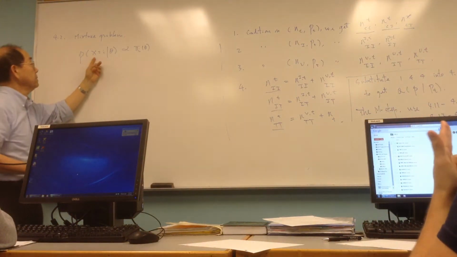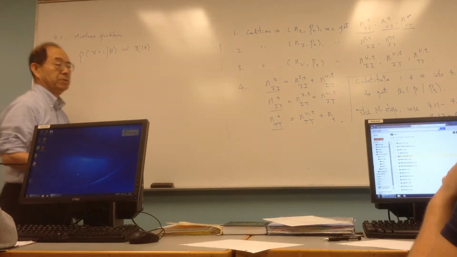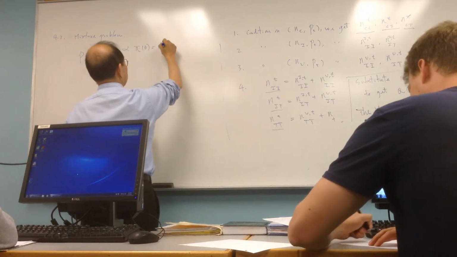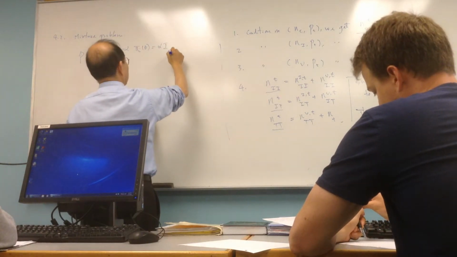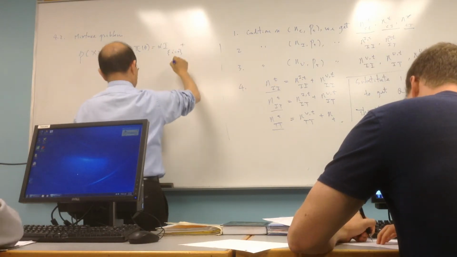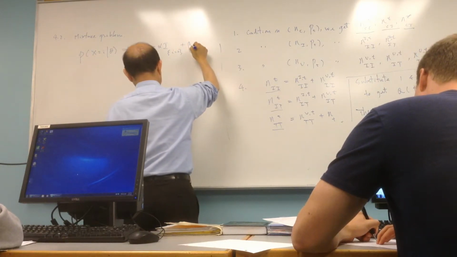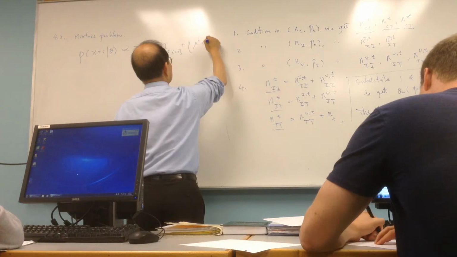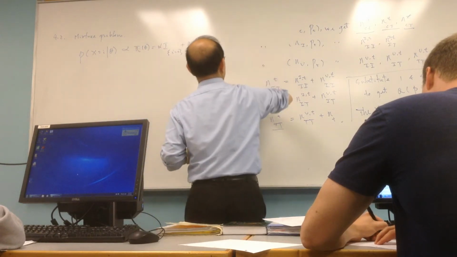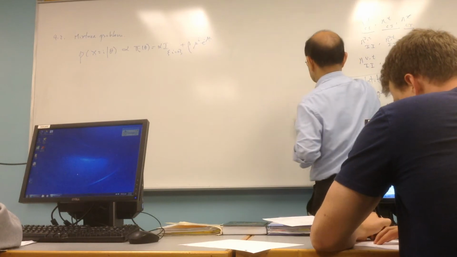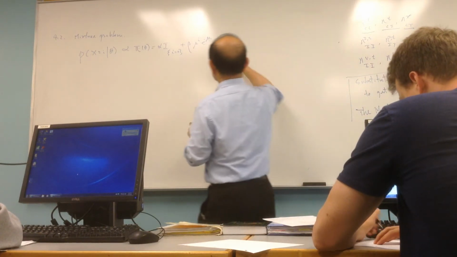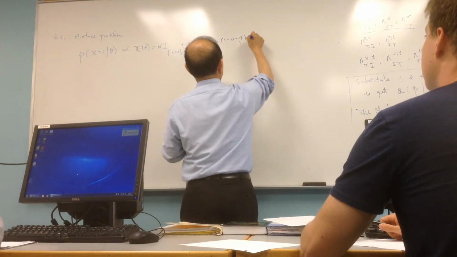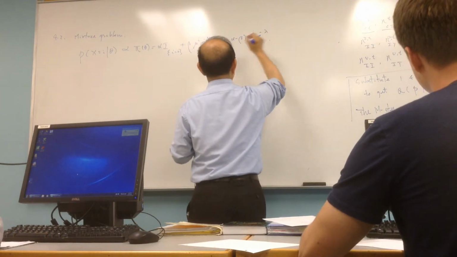The probability any respondent responded i is proportional to this mixture density, which is alpha times the indicator of i equals 0, plus beta times mu^i e^(-mu),